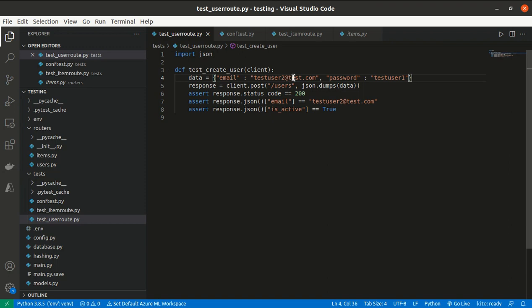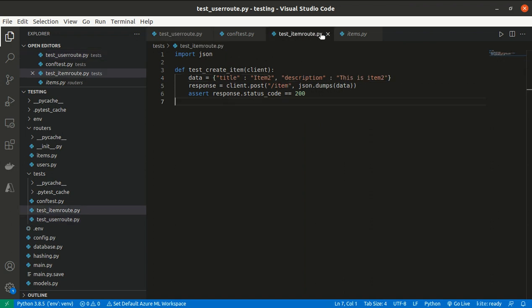Let's insert test user 3, where I am typing test user 3, and here we will cross verify test user 3 only. Okay, now everything looks okay, and let me update the password as well, test user 3. So everything looks okay, so it will insert. In the insertion there will not be an issue. Now it will insert the item, and in the code we are passing the owner id as 1, and owner id 1 already exists,